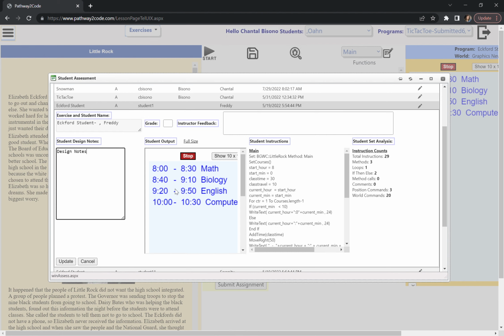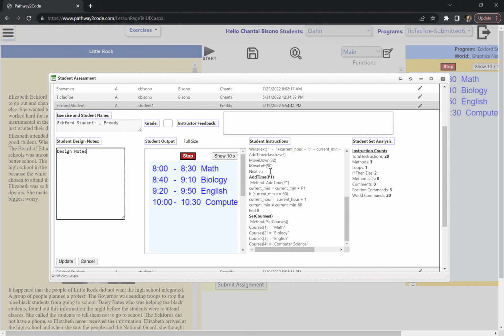So this is amazing because instead of you having to go into the student's account, you can grade student work in one space. So that's very, very nice, and it makes it a lot quicker for you to grade work. And then you can also see all of the code. So what were the instructions that were added into the code? And on top of that, it gives you a quick analysis, which is amazing because let's say I had told Freddie,